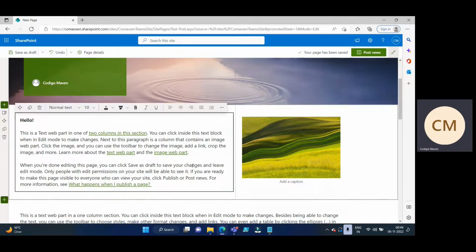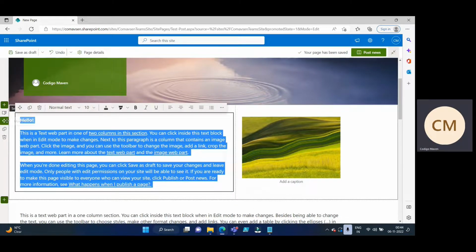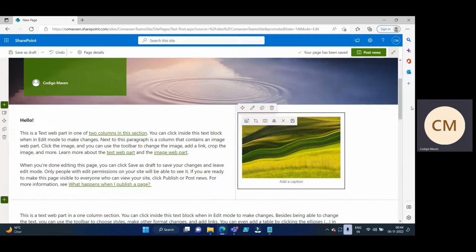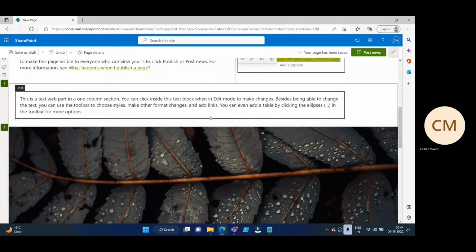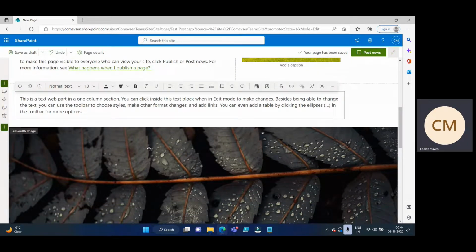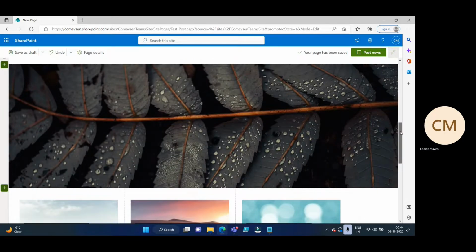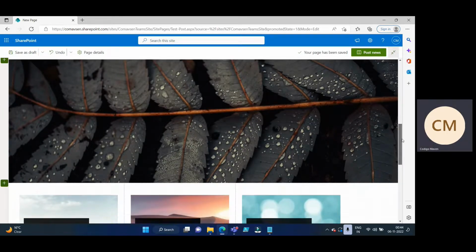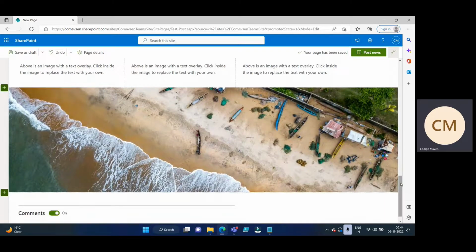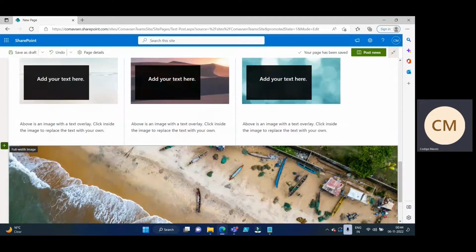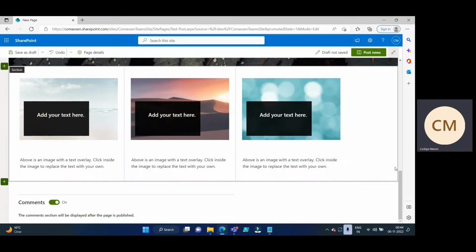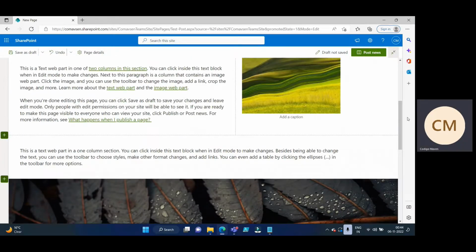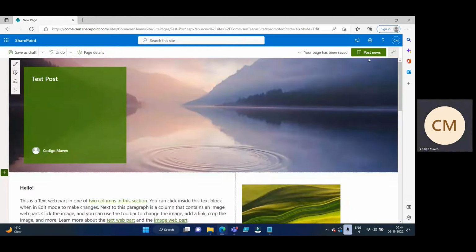Here this section you can change. You can write it on your own. The image you can change. Here also this section, all the sections are changeable or editable, or you can delete any of the sections also. If you click on this and delete this, you can delete this section also. So after doing all the changes, you just click on post news,